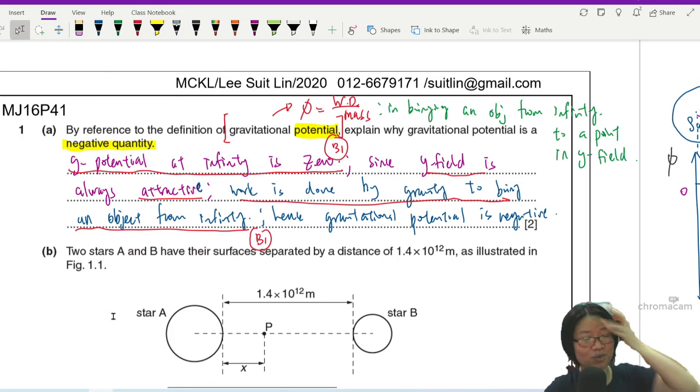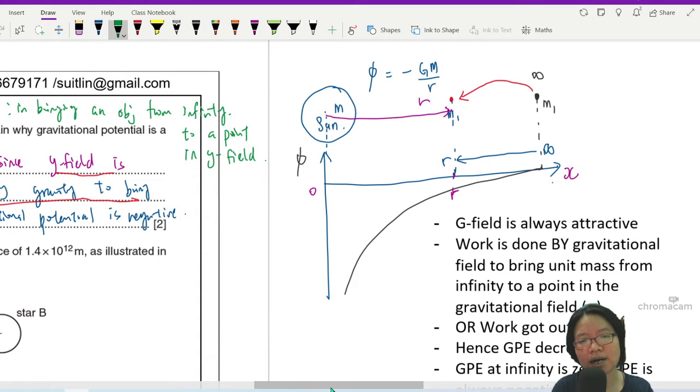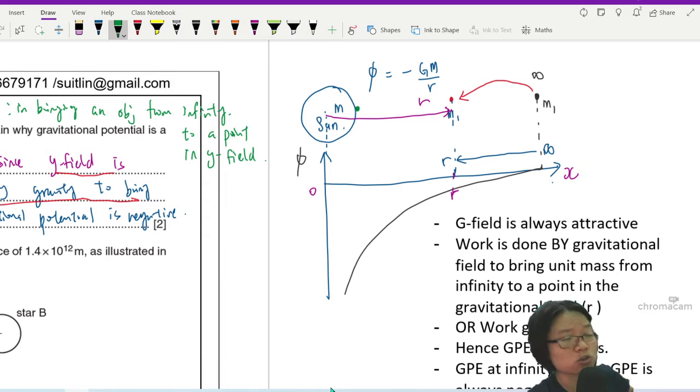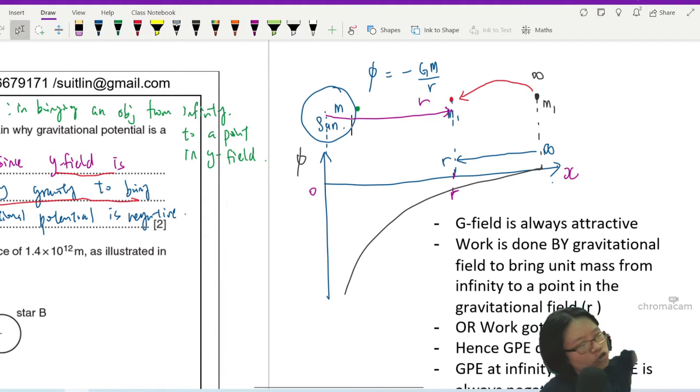So basically what we are trying to tell you is, let's say I have an object on the surface of the earth, maybe a stone. One day I got very fed up already. I want to throw the stone away. I don't want the stone to come back. I want to launch the stone far away. I'm throwing the stone away, assuming that there's nothing else around me to help attract the stone. I actually need to bring the stone